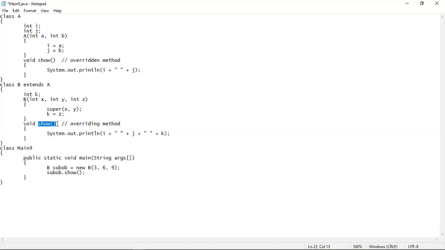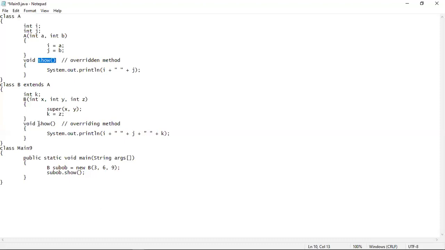We have already learned two rules for method overriding to take place. One is that the name and the type signatures of both methods should be exactly the same. One method should be in the superclass and another in the subclass. If these two rules are satisfied, then the subclass version of the method will override the superclass version of the method.